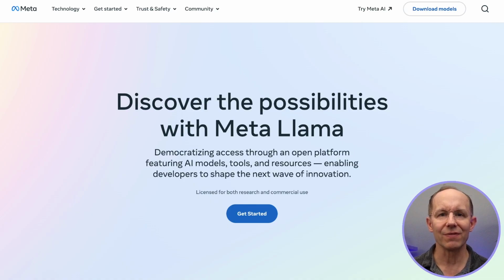This is the third iteration of Llama models from Meta, and of course, it's open weights. So Meta continues its tradition of democratizing access with their open platform, where developers can work with AI models, tools, and resources, and have tremendous influence over the current gigantic wave of innovation that's transforming the AI space right now. Llama 3 aims to compete with the most recent advances from OpenAI, Anthropic, Google, xAI, and Databricks. Llama 2 was a big improvement over the first iteration of Llama, and Llama 3 continues that pattern, with substantial performance improvement over Llama 2.